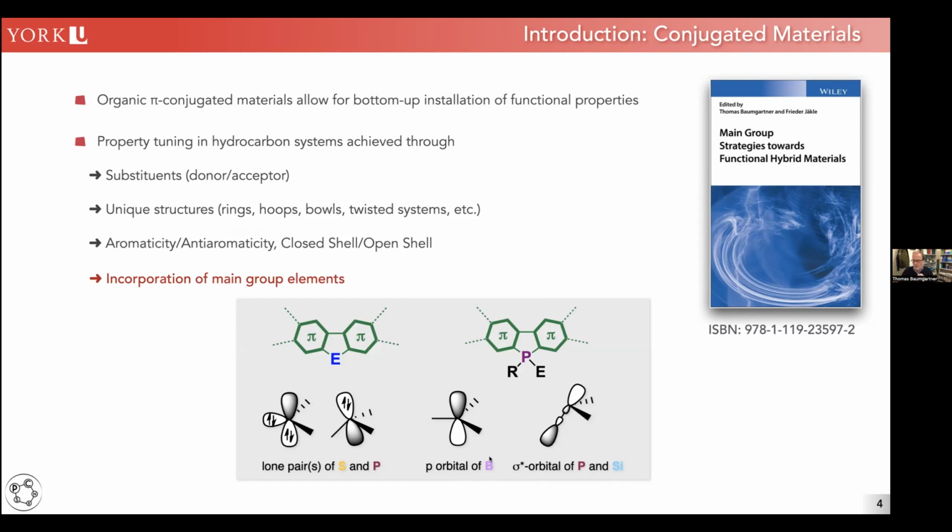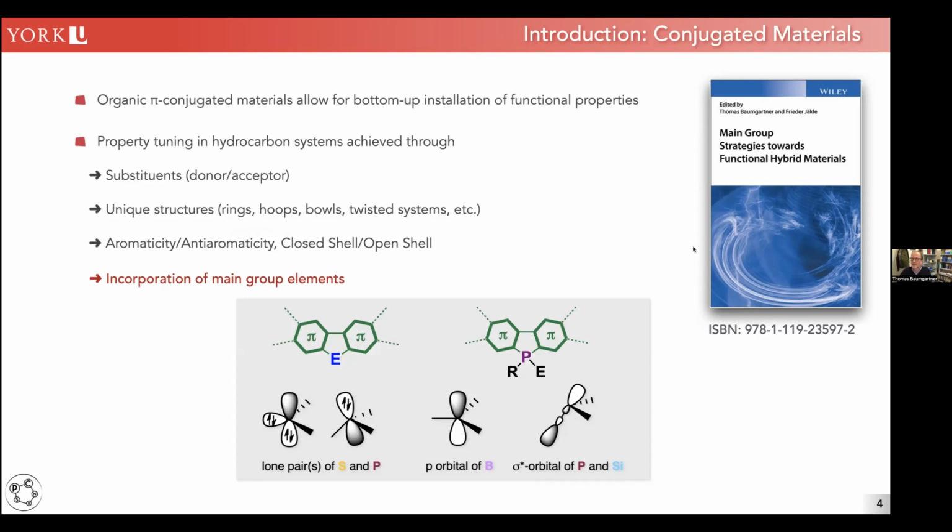Or you can put something in like a boron, which basically removes electrons out of the scaffold. And you can also do that with higher row main group elements like phosphorus and silicon. You can also build them into a system, and I'll show you that on the next slide, to create an acceptor environment, despite the fact that they're actually inherently fairly electron rich. It really comes down to how you incorporate these main group elements into a backbone, and what the geometry ultimately is in these systems.